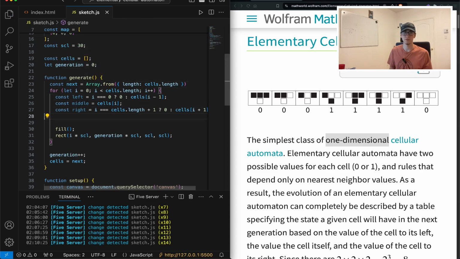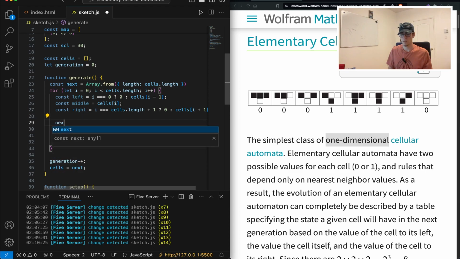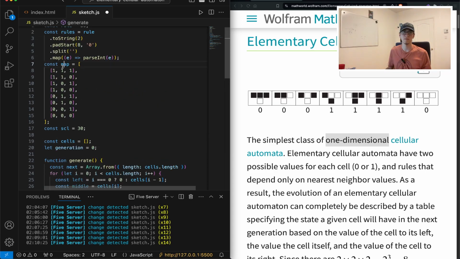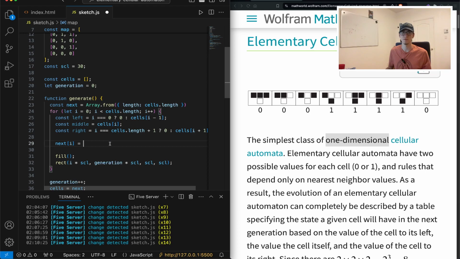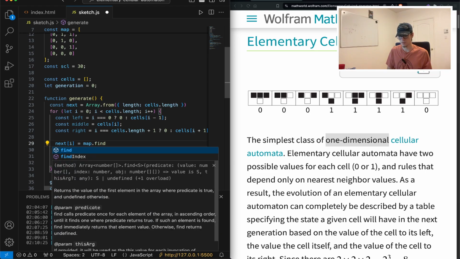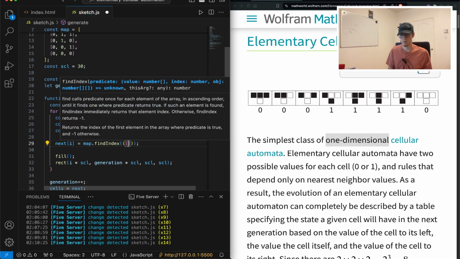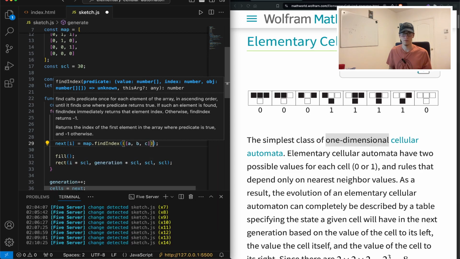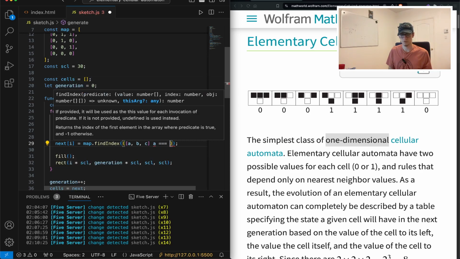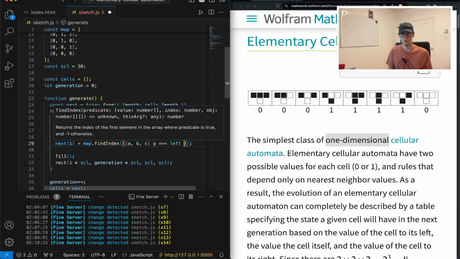What we'll do is we'll say next index i equals, and then we'll need to figure out, we'll need to basically find the index of map. So map.findIndex where a, b, and c is where a is equal to left, and